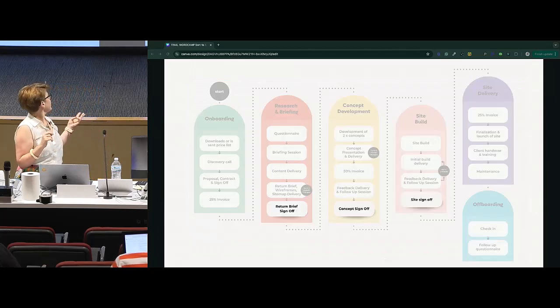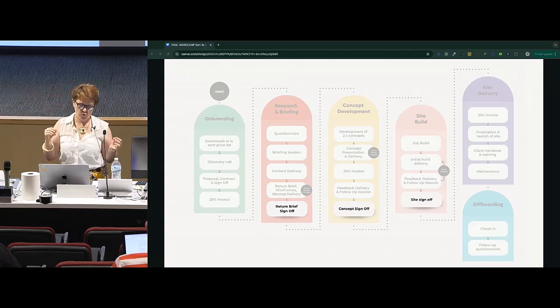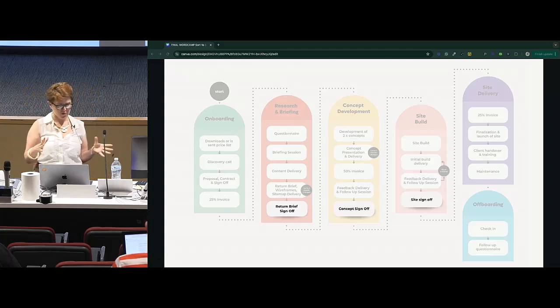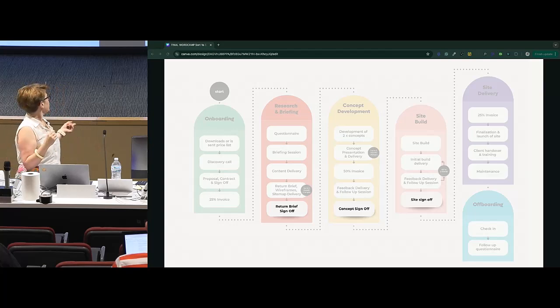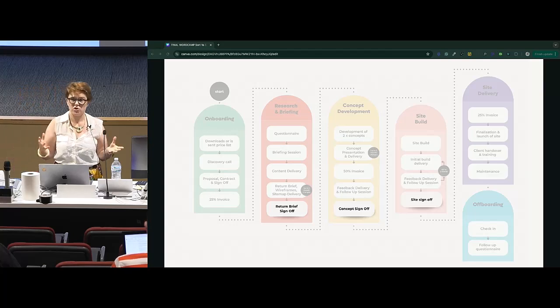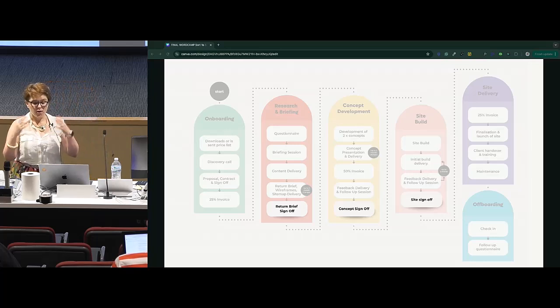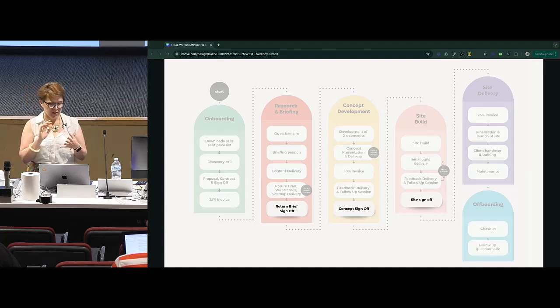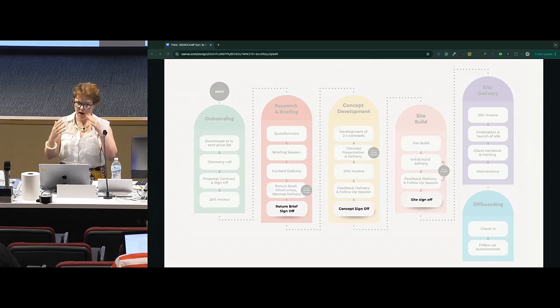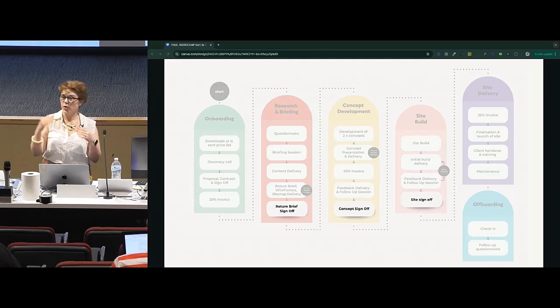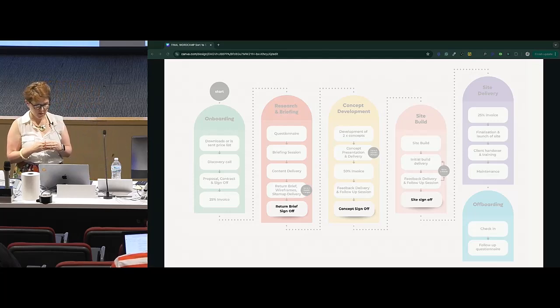So I have 3 different sign-offs in my website project. The first one, I generally only do for larger website projects. I don't usually do this one for brochure sites. So the return brief sign-off. The return brief is essentially a strategy document. It will often include an overview of the project. It'll include wireframes, UX journey, sitemap. It might include a list of plugins that are outside of scope, or not included in the initial proposal, so they're just signing off the additional cost on that.